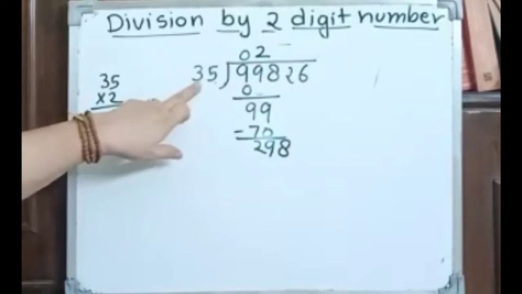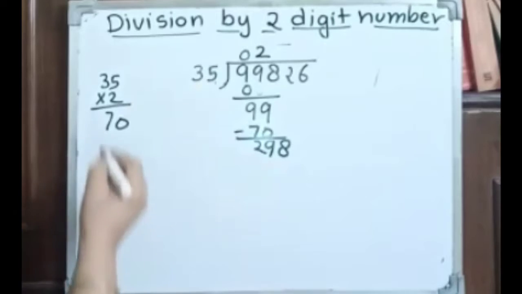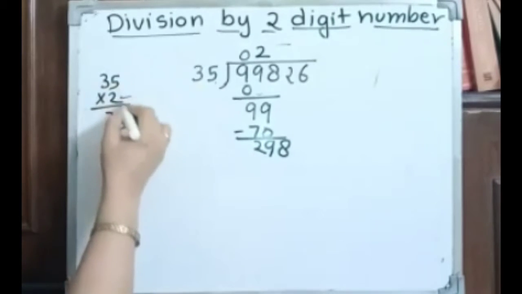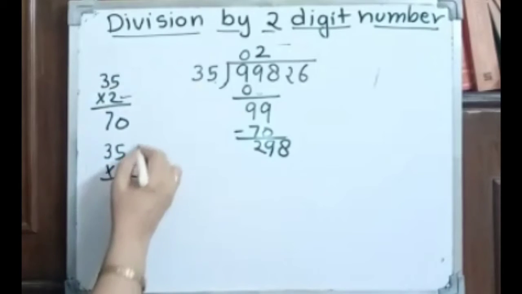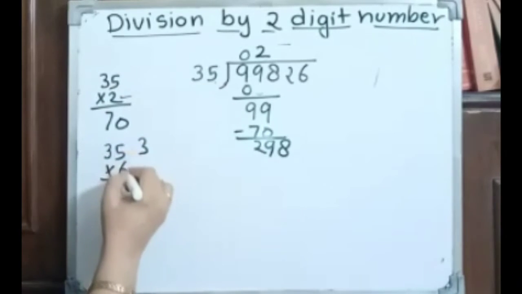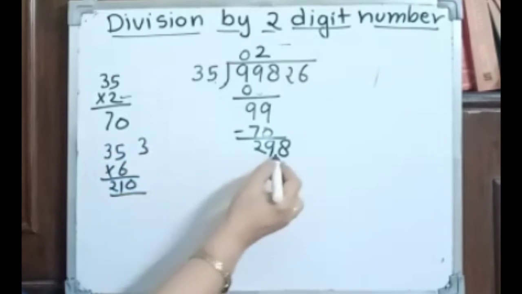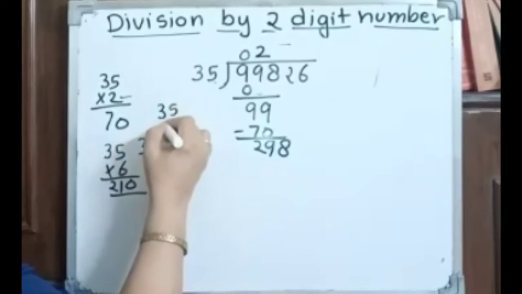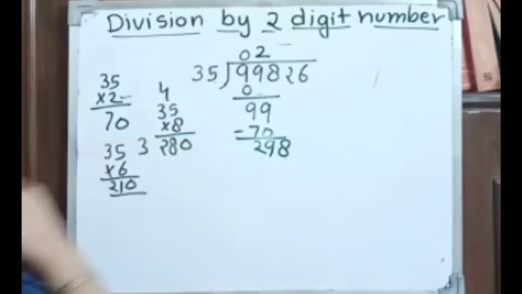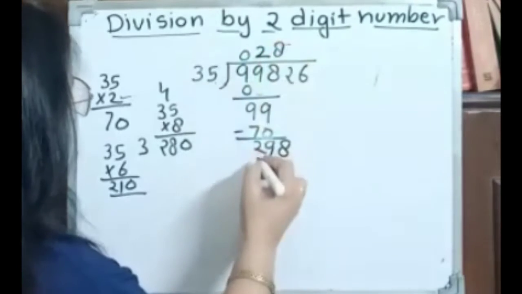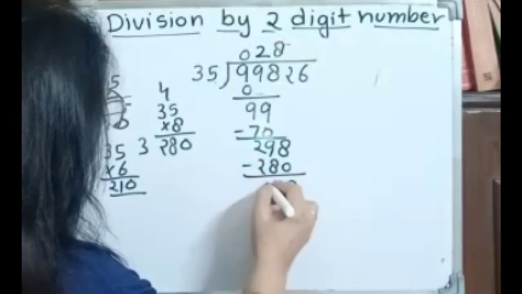Now we will see how many times 35 will go in 298. You just take 35 into 270. So directly you take 5 or 6. 6 we have 33, 18, 19, 20, 21. So this is less. So we will take 35 into 8. So here we have 24, 28. So 35 eights are 280. Now minus, here we have 8, 1, 0.